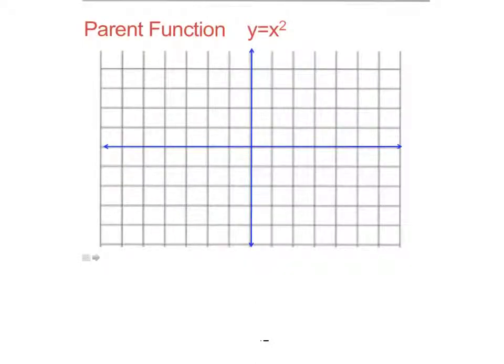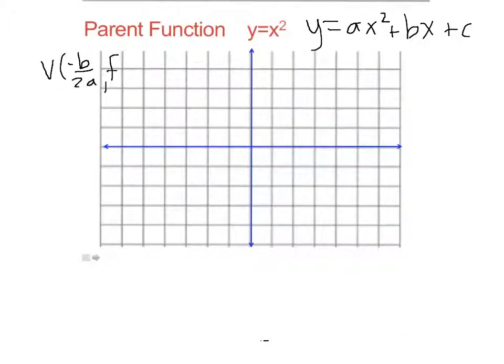In this lesson, I'm having students graph quadratic functions in standard form. So standard form for a quadratic function is y equals ax squared plus bx plus c. And y equals x squared is the parent function, so this is one that students should know on all three forms that we're graphing. For standard form, the vertex is found by the opposite of b divided by 2 times a,